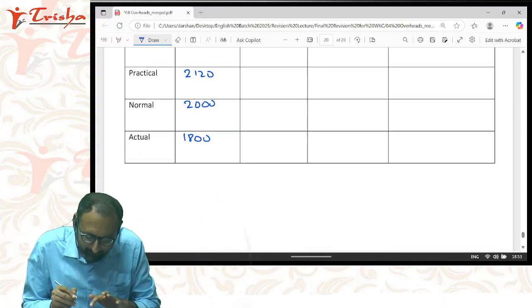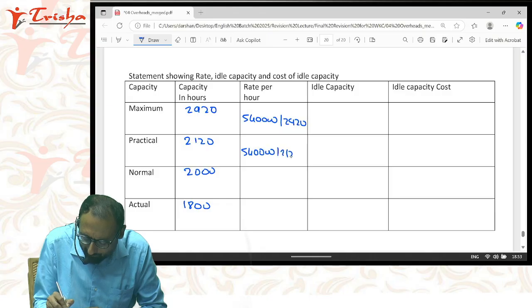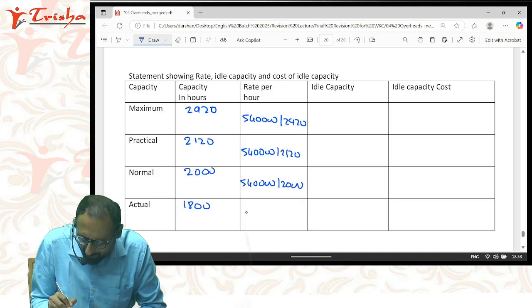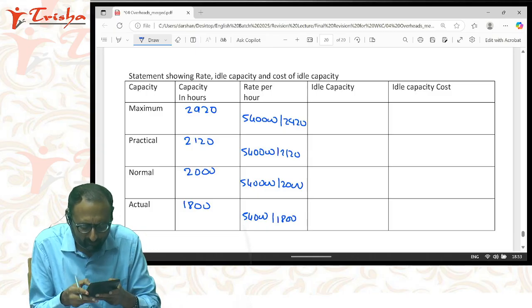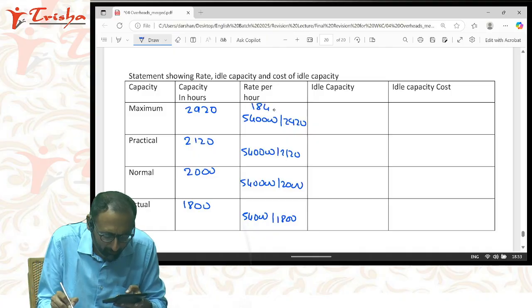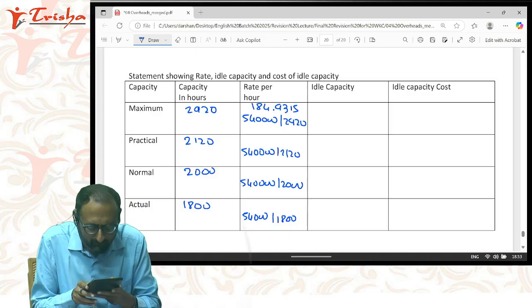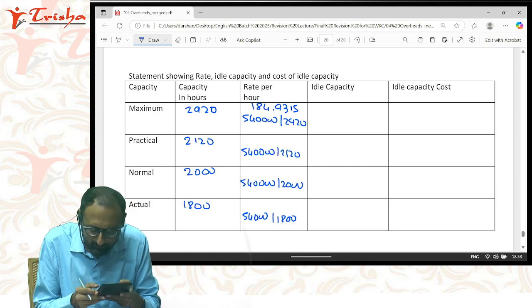So calculate: 5,40,000 divided by 2920, 5,40,000 divided by 2120, 5,40,000 divided by 2,000, 5,40,000 divided by 1,800. In the first row, 5,40,000 divided by 2920, your rate comes to 184.9315. 5,40,000 divided by 2120, your answer comes to